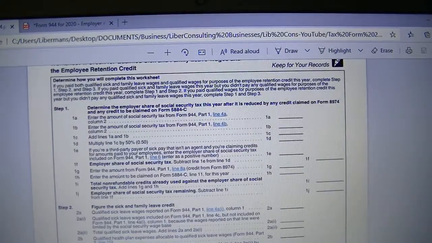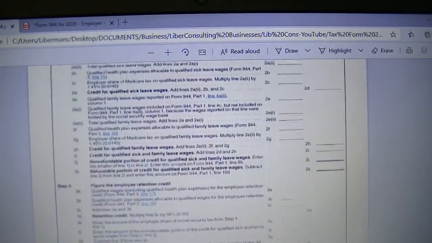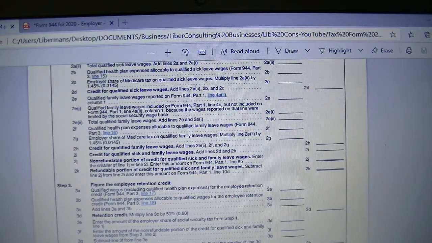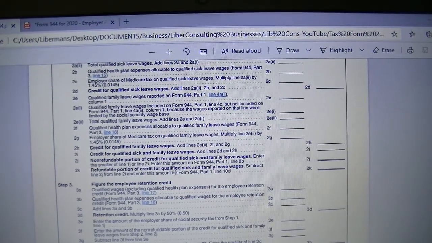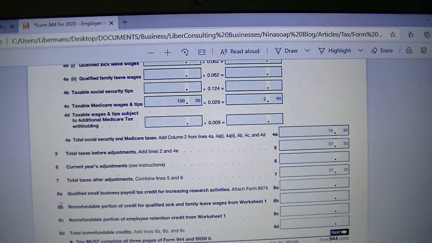And that's the worksheet here. It has the sick leave, and it has step 1 and step 2. And then it has the employee retention credit as well. So we'll get to that. So for line 8, that would be for the research